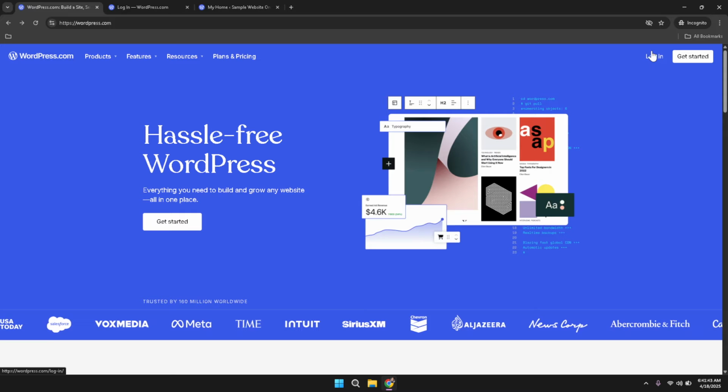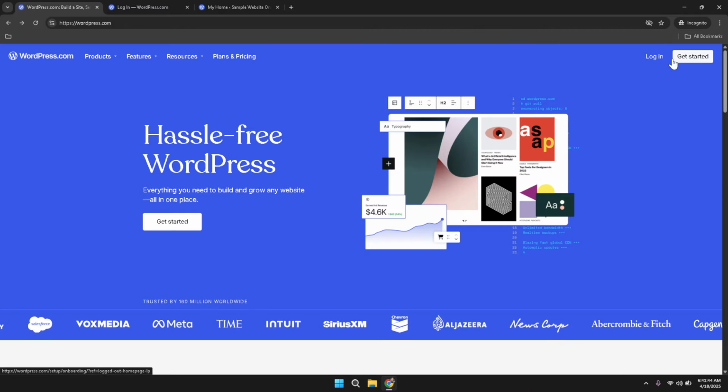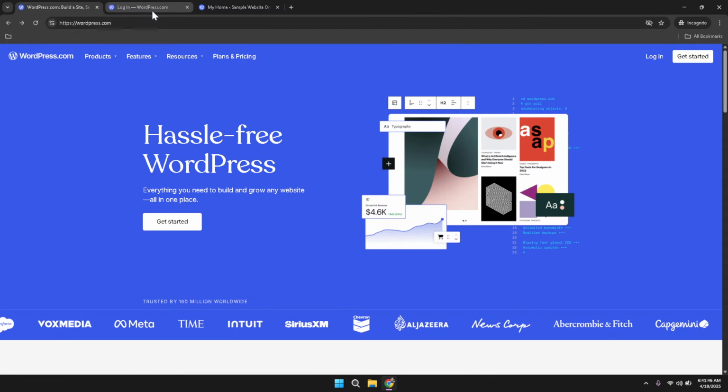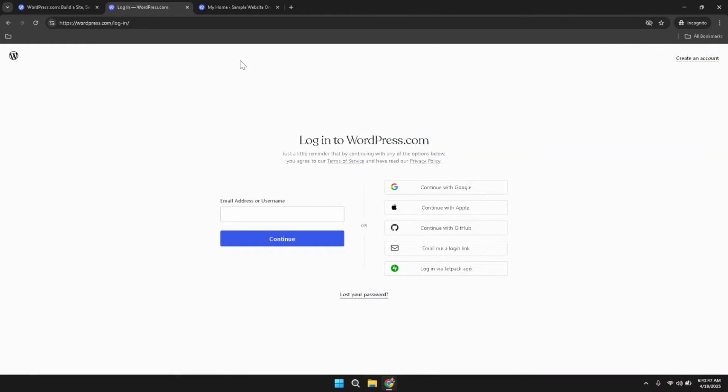After clicking the login button, you will be prompted with available sign-in options. At this point, the tutorial instructs you to click on the option that says Continue with Google. This method of authentication offers a convenient and secure way to sign in, as it uses your existing Google account credentials. When you click on Continue with Google, a list of your Google accounts will be displayed if you are already logged into Google. Simply choose the account that is linked to your WordPress site to proceed with the login